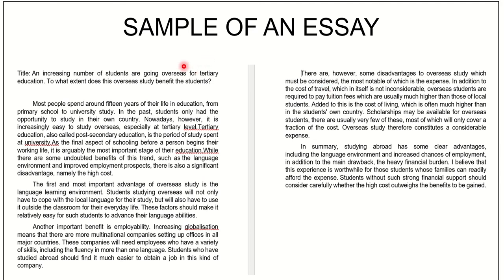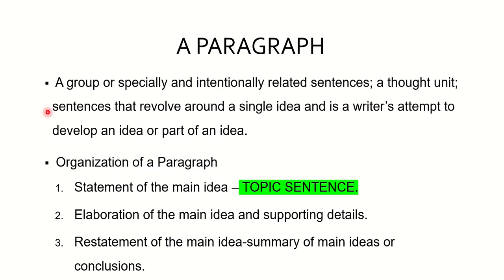A combination of a couple of paragraphs, usually 4 to 5, like I mentioned earlier, is going to give you an essay or an article. So this is an essay. By this point, you should be able to get the idea what is meant by a word, a sentence, a paragraph, as well as an essay. Moving on, we are going to narrow down our lesson to a paragraph. We are going to dissect what a paragraph is.